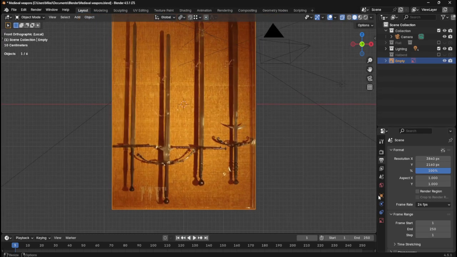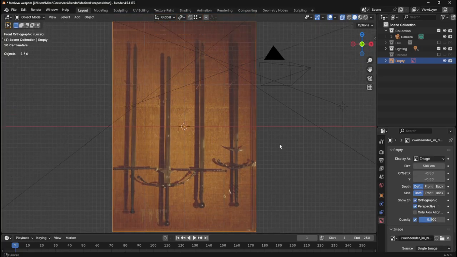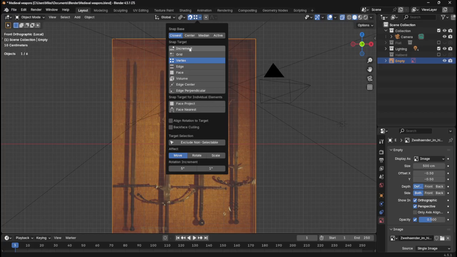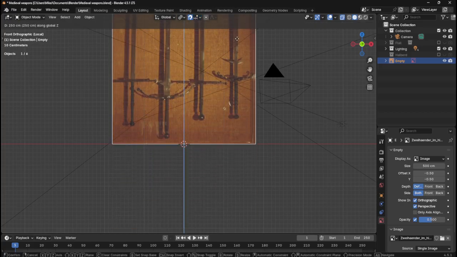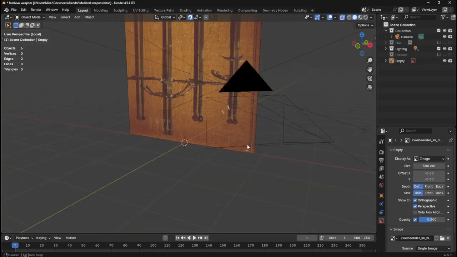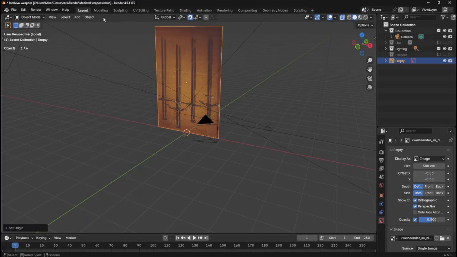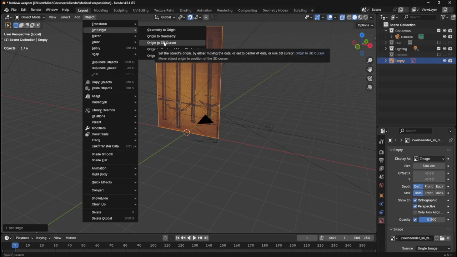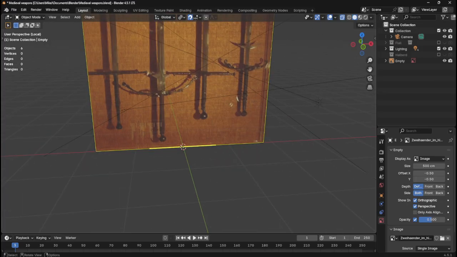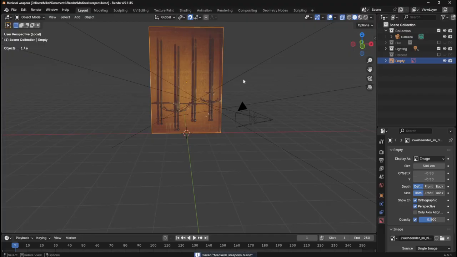So if I go onto the image properties and set the opacity to 0.5, and then if I move it up, turn on snapping to the increment, and then just move that up there, and then set the origin to the 3D cursor. Set the origin. Why is that not working? The 3D cursor is there. I wonder if maybe you can't do it because it's an image. Anyway,